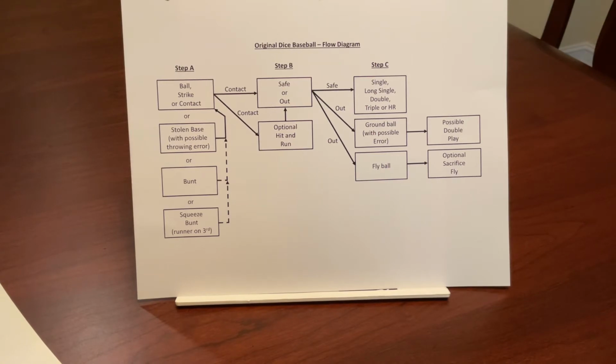They're in PDF form. This game, unlike many baseball dice simulation games, uses balls and strikes as the first step in the process. If there's a walk or a strikeout, obviously you move to the next batter. If not, the ball's in play, and then you move on to step B, where you determine if a batter is safe or out. And then if he's safe, you roll again to see what type of hit he got. And if there's a ground ball,